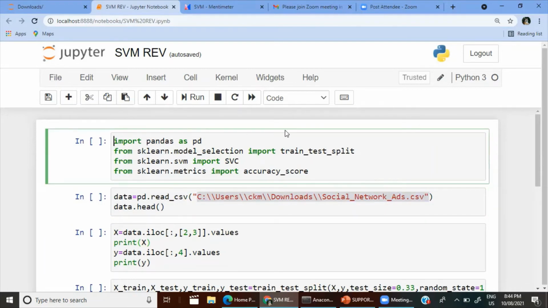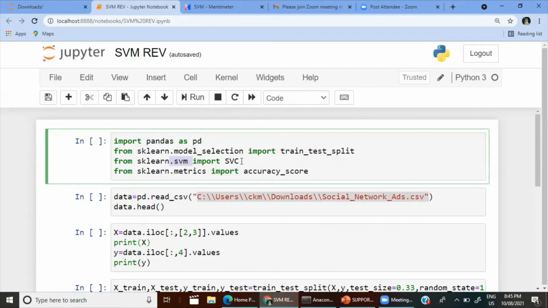After that, like every time, machine learning models will be divided into 2 parts: train test split, from sklearn.model_selection import train_test_split. Then, this is the new line that we are going to concentrate on: from sklearn.svm, this svm represents support vector machines, import SVC. Like I have told you before, support vector machines can do both classification and regression.